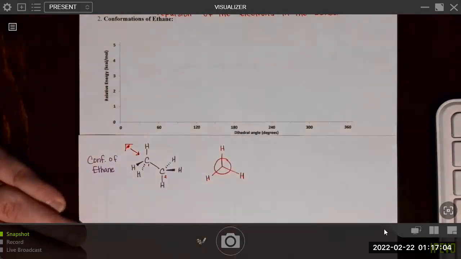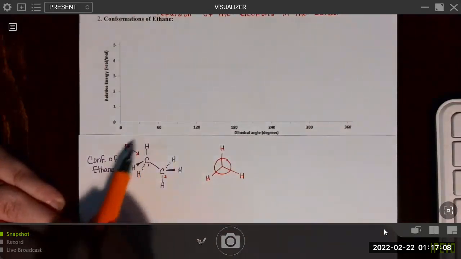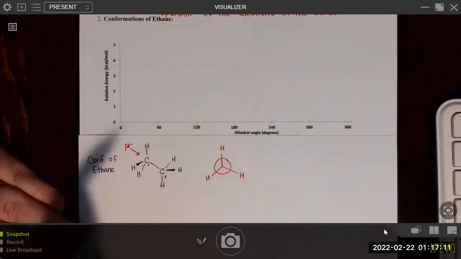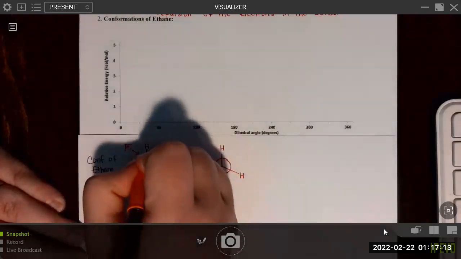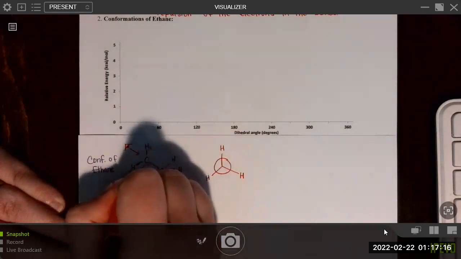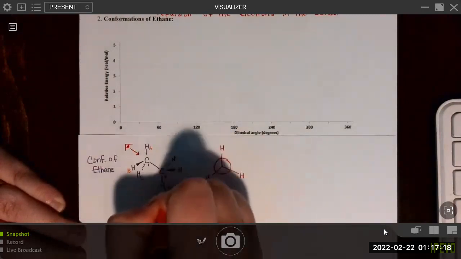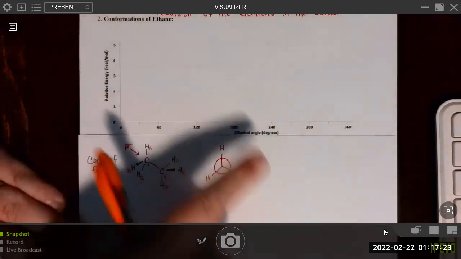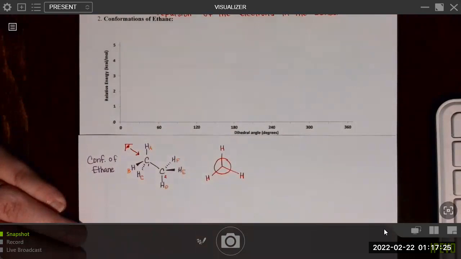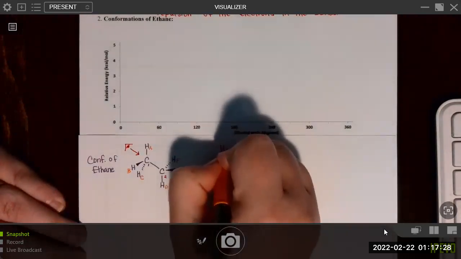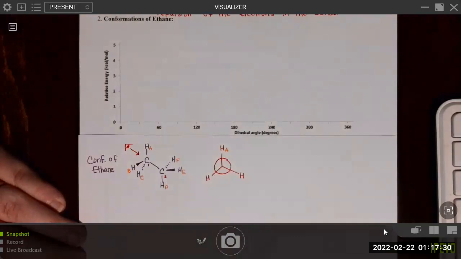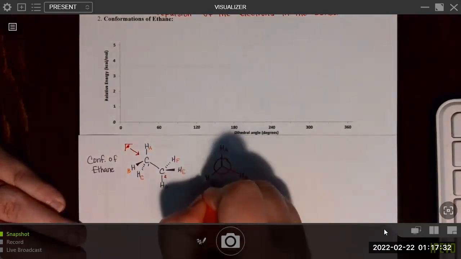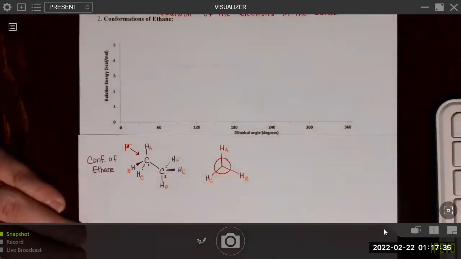And if you want to, you can even label the hydrogens. You can see exactly where they are. So for example, I could label these A, B, C, just so it's really clear exactly where they're going over here. So this would be HA, and this is HB and HC. Hopefully you can visualize that as well.